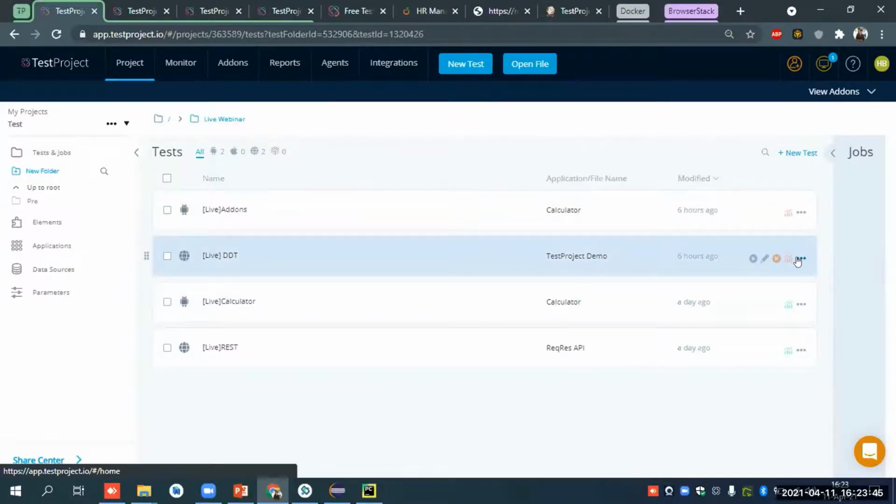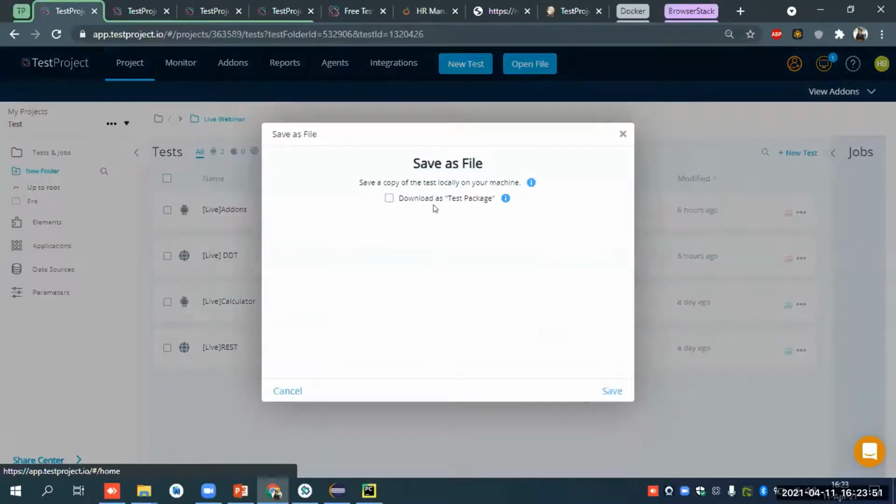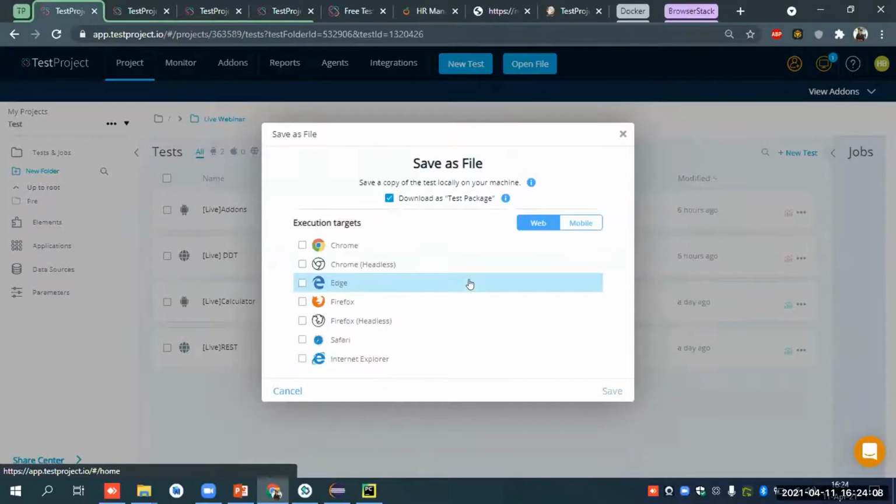I will just go here, and I can save it as a file. After clicking file, it will prompt me whether I want to save it as a normal file. If I save it as a normal file, it will download as a normal file. If it has some add-ons, like if we are using RESTful add-ons, or some Android add-ons, you can download it as a test package.